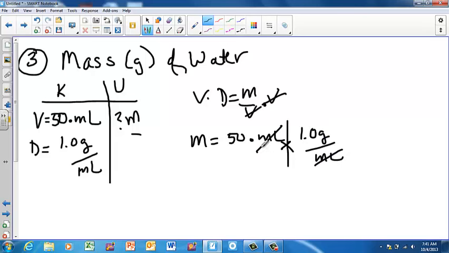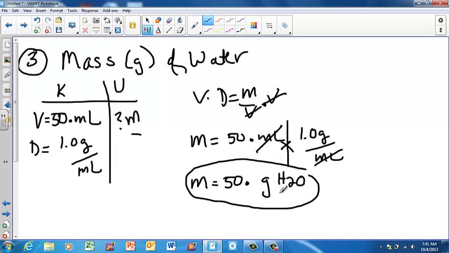I want to solve for mass. So anytime I want to solve for mass, I simply have to take the volume times the density. So if I have 50 milliliters, and you can see how these units cancel out, I then multiply that by 1.0 grams per milliliter. It's also kind of like a conversion. Our mass is going to be 50., 2 sig figs,